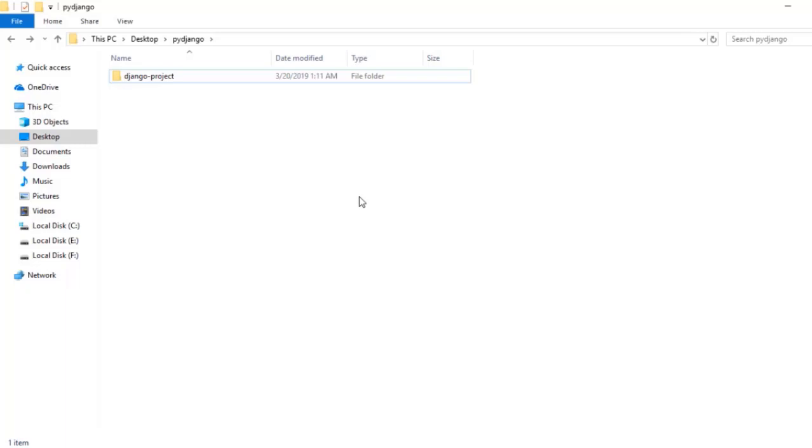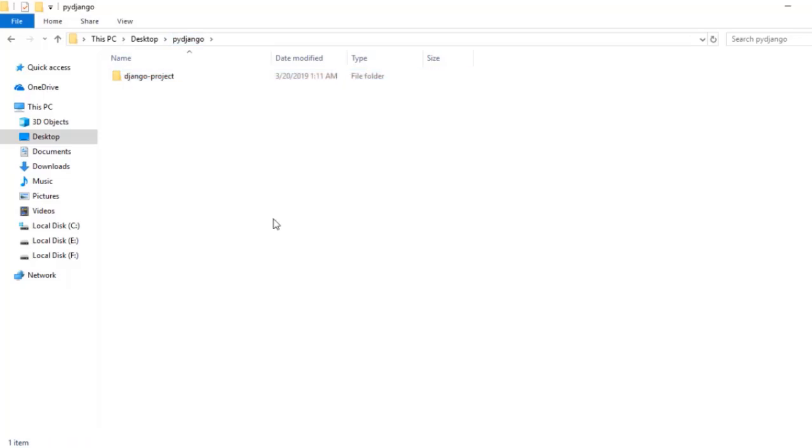Welcome back. Now in this lecture, we will be talking about virtual environment. But before that, let me take a few seconds to set up our folder. So I have created a PyDjango folder on my desktop, and then inside that I have created a Django project folder. So you can name it anything. At this point of time, naming is not important. But whatever we are going to do inside this particular folder, that is our Django project folder, every name will be important. So this is the reference name that is familiar to me, so I'm taking this.